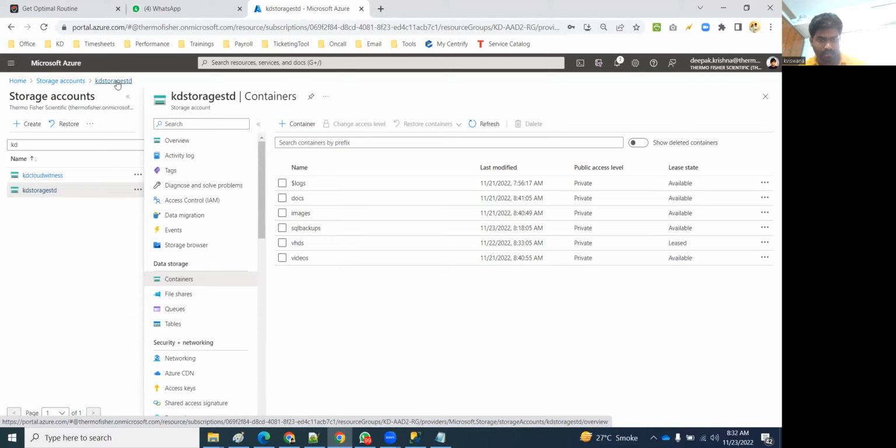Clear? And then table is nothing but one database type in the cloud. Mostly we don't use tables. We will create a table and give it to application teams. If they want to store data in the tables, they can. Table is a database in the cloud. Better than table, one new product has come, which is called Azure Cosmos DB. So these names you have to know, sir. You have to be very clear.